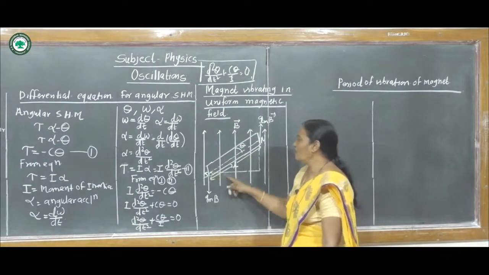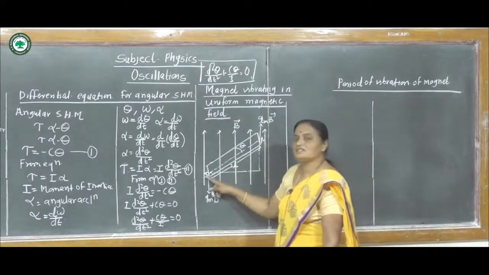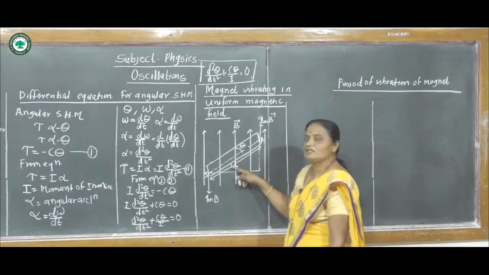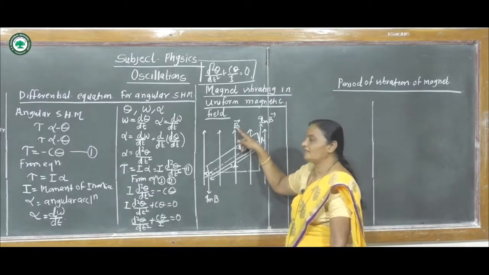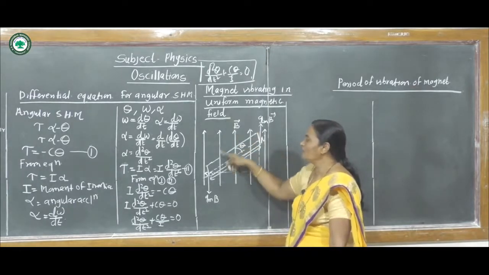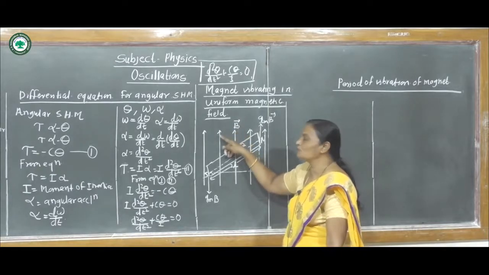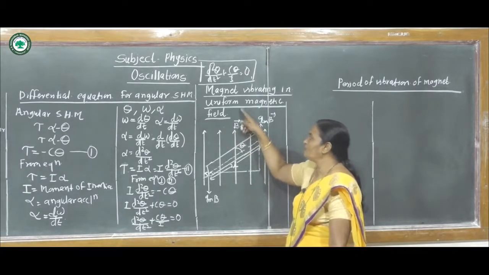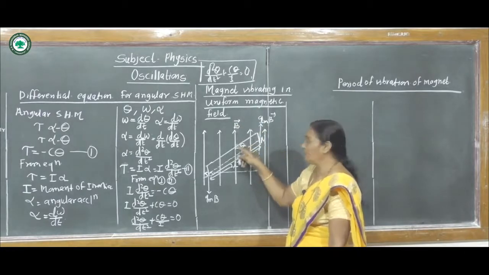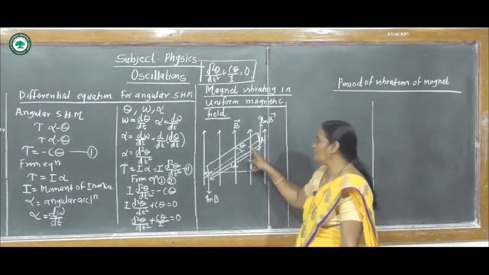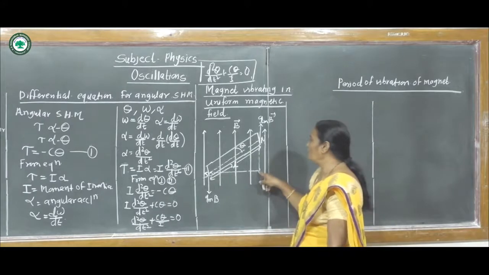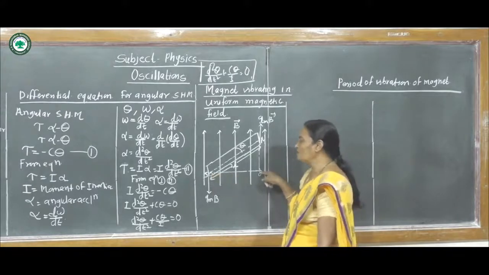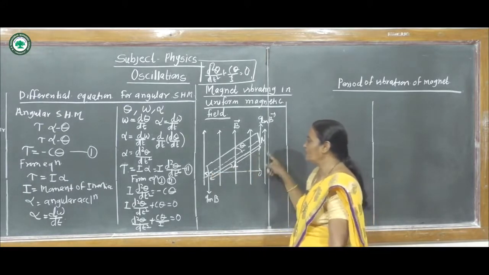Now see, this is the bar magnet. This is the N pole, this is the S pole. The distance between the two poles is twice L. In the equilibrium, if the magnetic field is 0, it remains in the position parallel to B, and when we apply this uniform magnetic field, it is deflected. This is the deflected position, which gives the angle theta here. Now draw the perpendiculars: ON is the perpendicular, SO is the perpendicular. Now this is a right angle triangle.